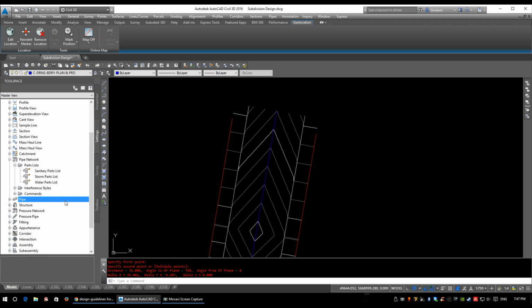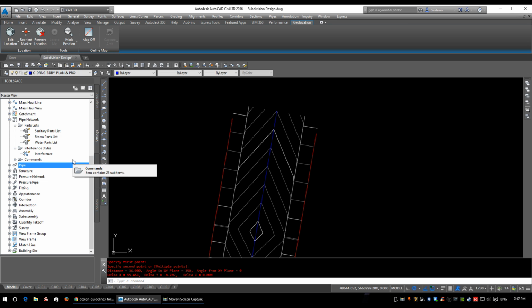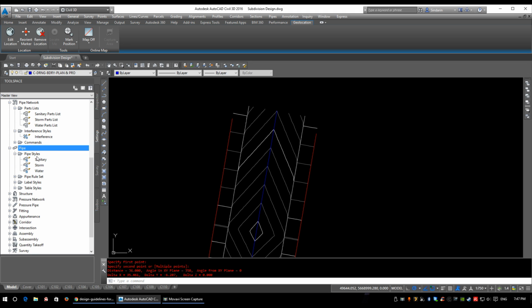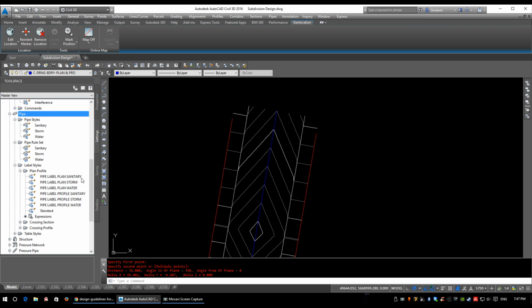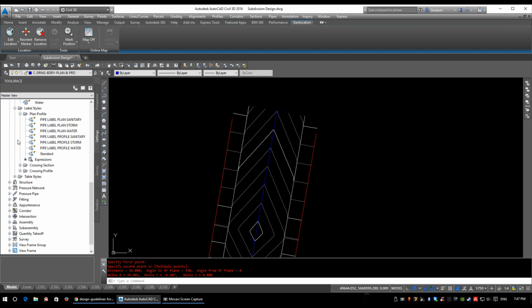We've set up our 3 parts list: sanitary, storm, and water. We've made an interference style. Under the pipe styles, we've set up our sanitary, storm, and water pipe styles. We've set up our pipe rule sets for sanitary, storm, and water, as well as our label styles for plan and profile. So we've now set up everything we need to design in the pipes, as well as the table